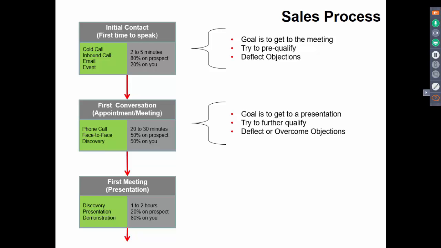So according to the sales process, let's focus on deflecting till we get to the appointment. Then in the appointment, we might deflect the objection or try to overcome it. And then if we get into some sort of formal discussion, then we're primarily only trying to overcome objections. I mean, we need to deal with the prospect's concerns and really address everything. But for the objection responses that I'm going to show you, they align with you kind of agreeing with this. And so it can help to have your hands around this or agree with this philosophy in terms of delivering what we're going to recommend you do.